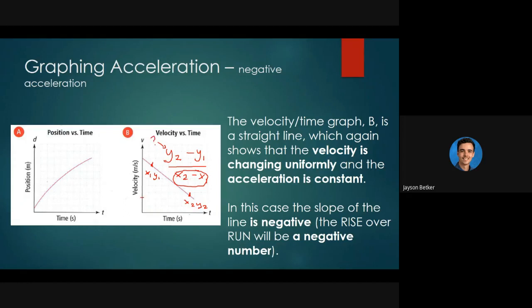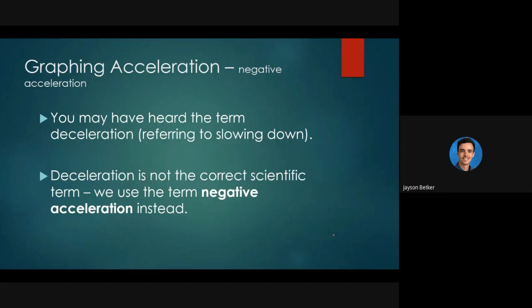y2 is down here, and y1 is up here. So say this is maybe a value of 2, and this is a value of 6. 2 minus 6 is going to give me what? A negative number, right? That's going to be negative. So in this case now, the slope of the line is negative and will be a negative number if I calculate the rise over the run, which indicates an object slowing down, a negative acceleration. So you may have heard the term, like I said before, deceleration. It's not technically the correct scientific term. We like to use the term negative acceleration instead. Because acceleration just means a change in velocity. So it doesn't have to